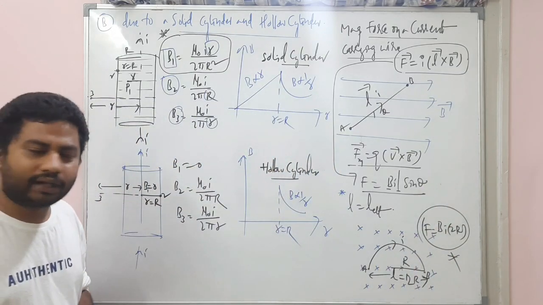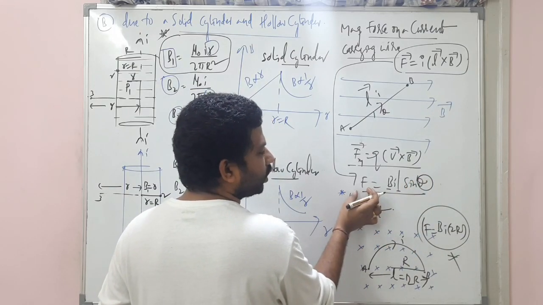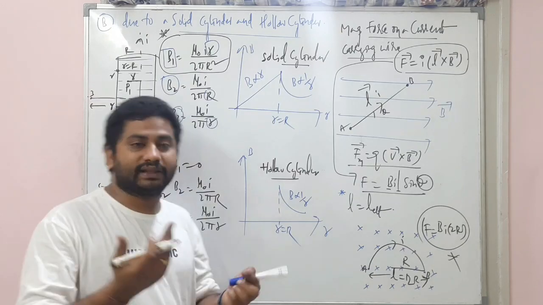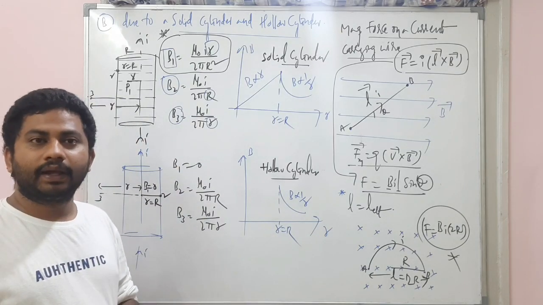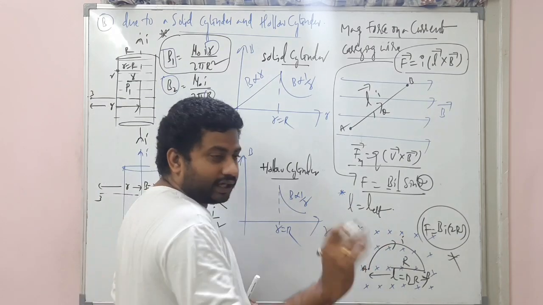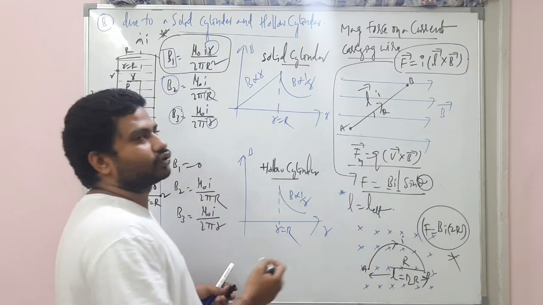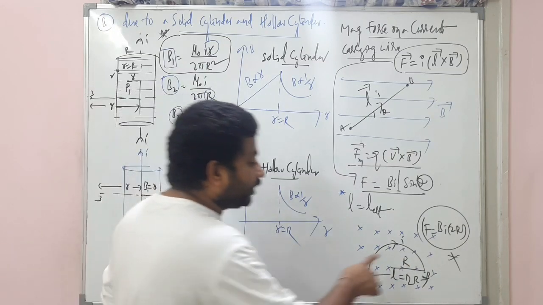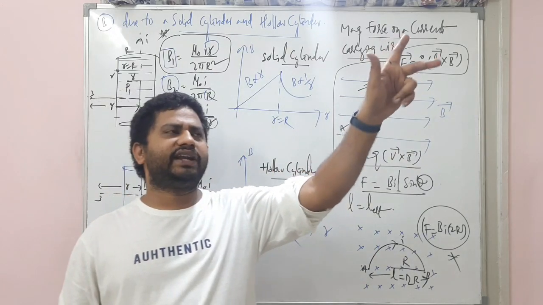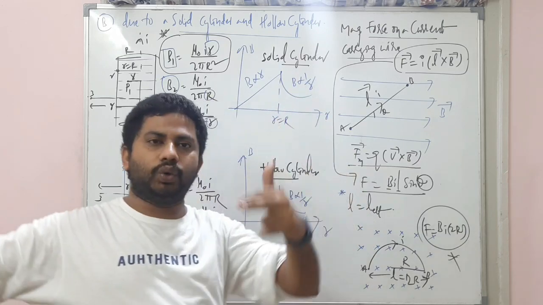Right? Clear? It depends on this theta value. So this value can be 0, this value can be maximum, like that. Okay? Clear? Now, in this case only, let's continue further. At this point, what is the magnetic force? Simple. Finding the magnetic force is easy by using your left hand, Fleming's left hand rule.